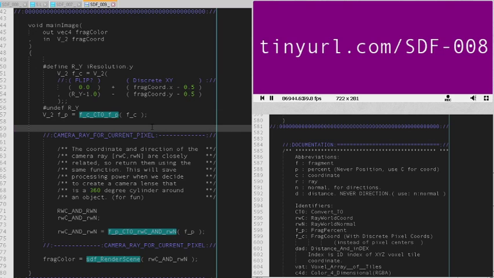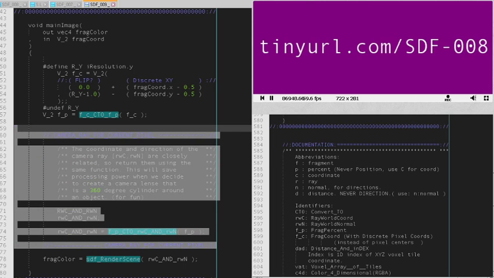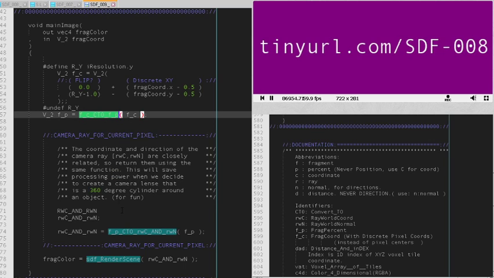Let's say we're extracting code and putting it into another function, how does that affect the ordering of these functions? It's just a guess, but I think that